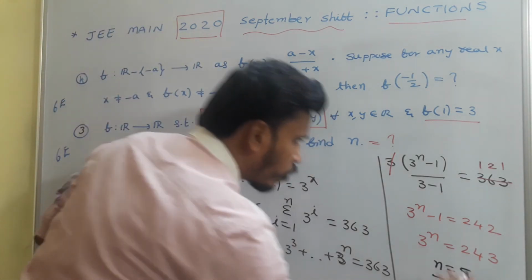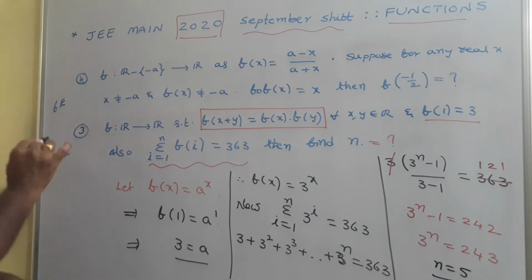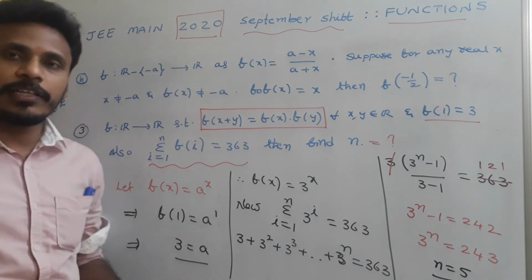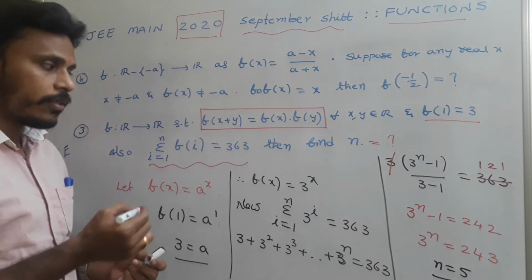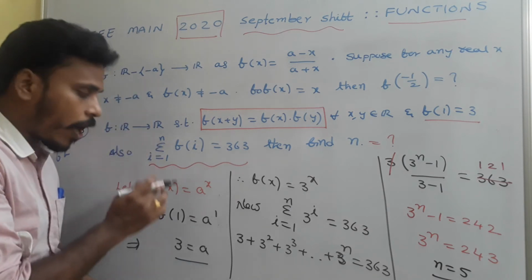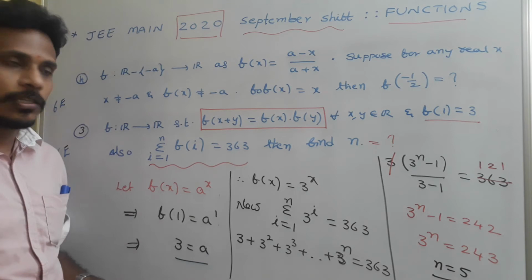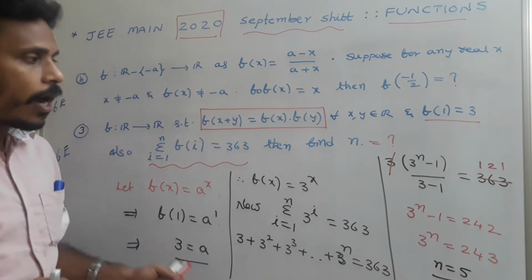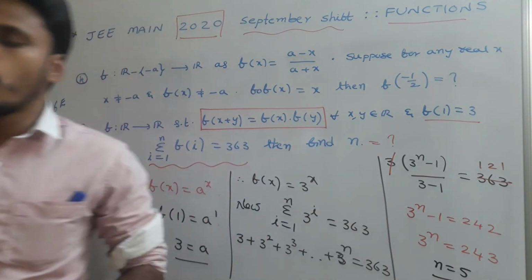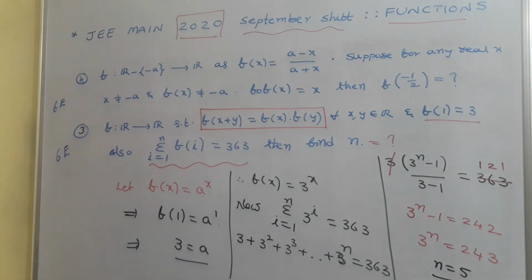Is it right? So that's the question asked in the 6th evening mains question paper, from functions. Just have a look. Very simple. First of all, identify the function from the given functional relation. Finalize the function, use the sigma notation and then simplify. Get the value of n as 5. Okay, have a look.